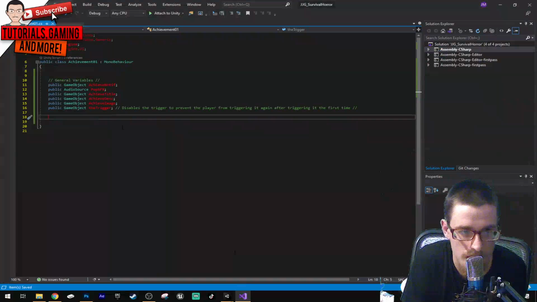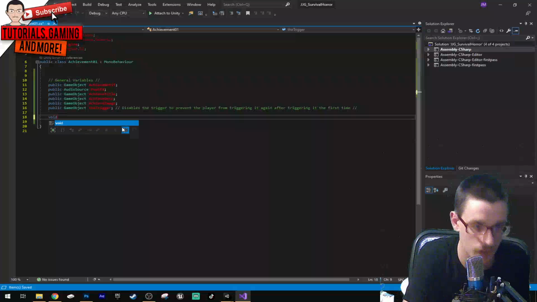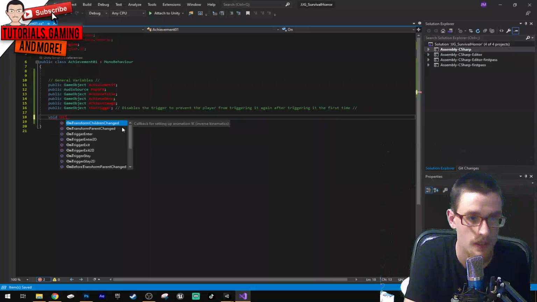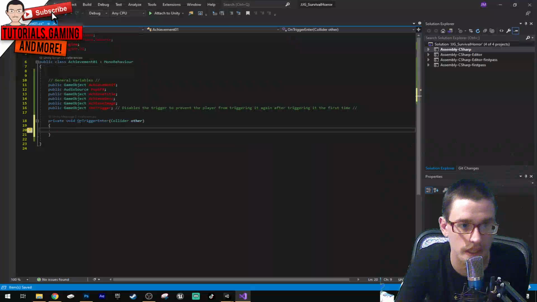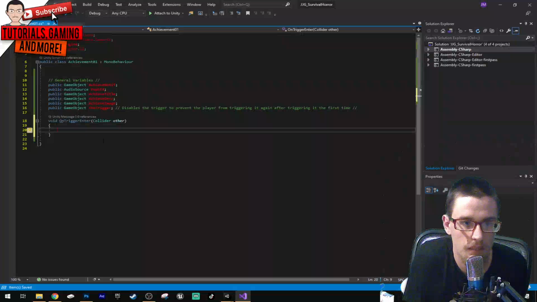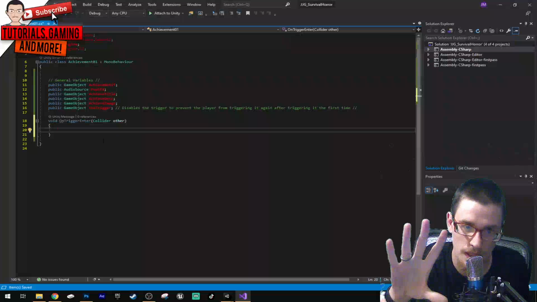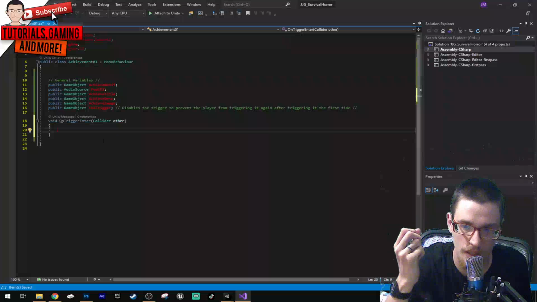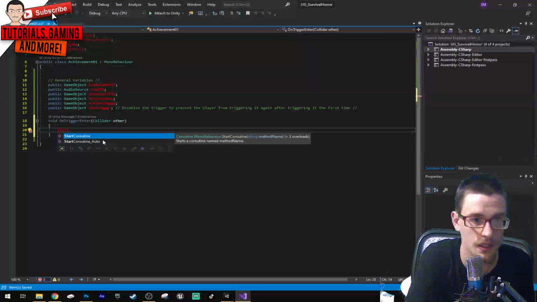Alright, so we got our 6 variables. Now, since we're doing an on trigger event, we gotta type in void on trigger enter, not 2D, because we're not doing 2D. And it doesn't have to be private. Then, what do we do from here? So, in order for us to have it pop on the screen and come up the screen, we need to do a coroutine. So, start coroutine,